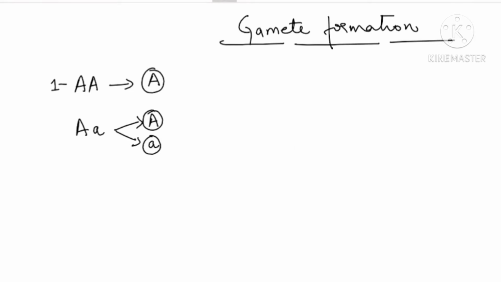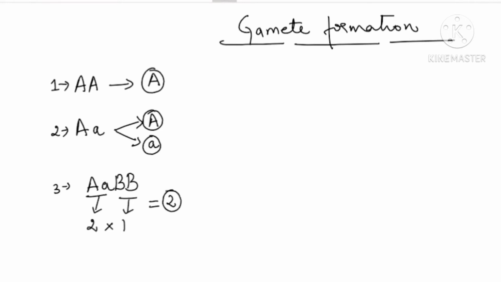This is the first one, second. Now let us assume a third case. In this, this is your heterozygous and this is homozygous. Then how many types of gametes will it form? You have to apply simple logic. This will make two types of gametes. This will make only one type of gamete. So in total you will get only two types of gametes.